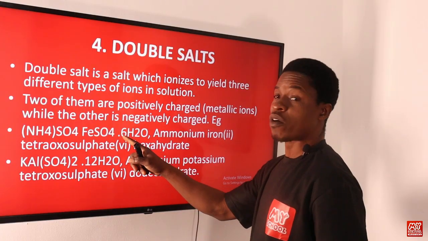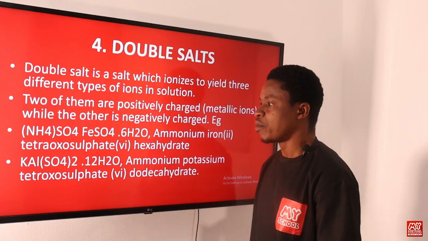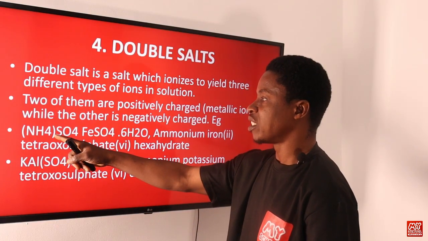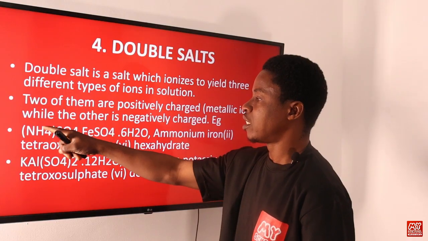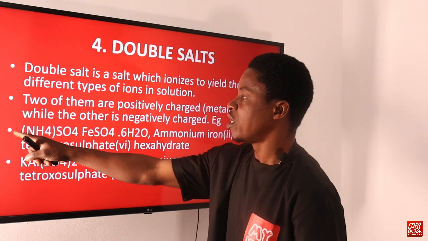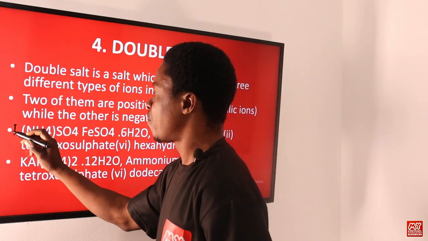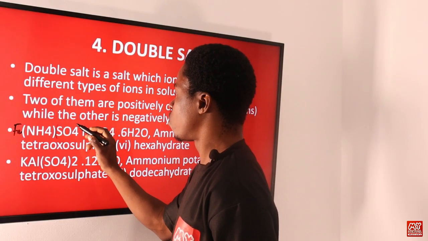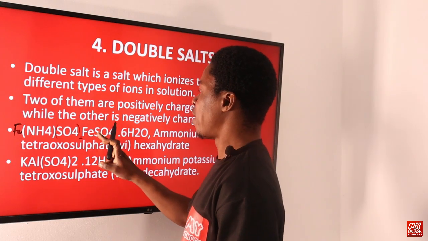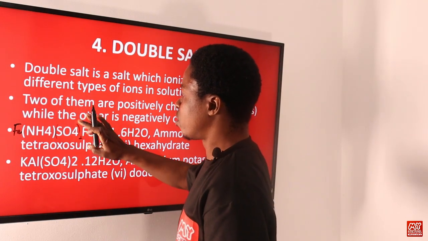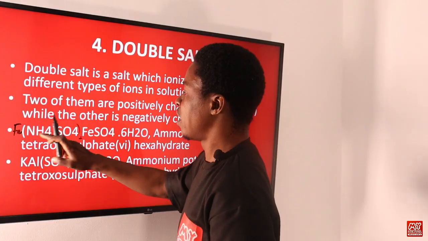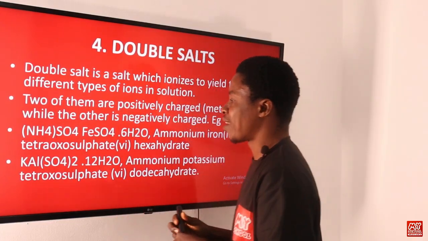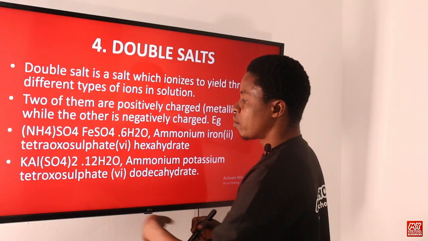Hexa is the 6 moles of what? Water that we have in this place. Then we also have KAlSO4. Now, one way this one could be written is, it could also be written as NH4. Okay, we have Fe could be here. Another way we can have this, we can have Fe here, then NH4, then SO4. Because there are 2, we can have 2 of them here this way. So we know we have just SO4 here, we have Fe here, SO4 at this place, and then we have that at this other part. So that's why you can see this other one now, this ammonium potassium tetraoxosulfate(VI)